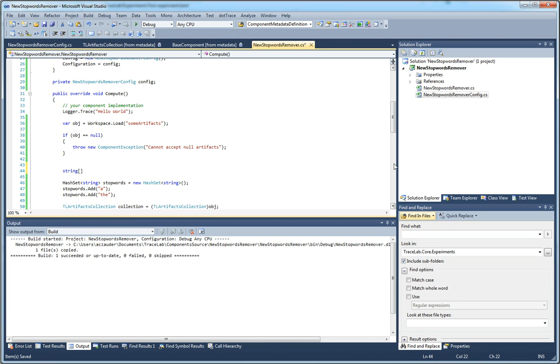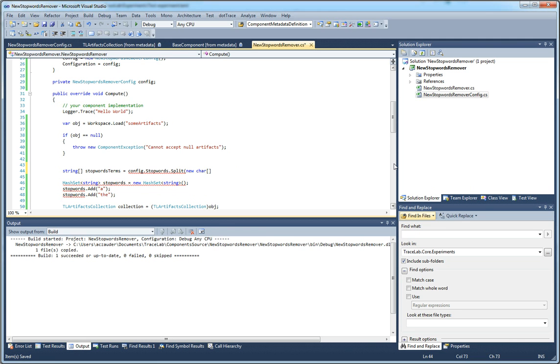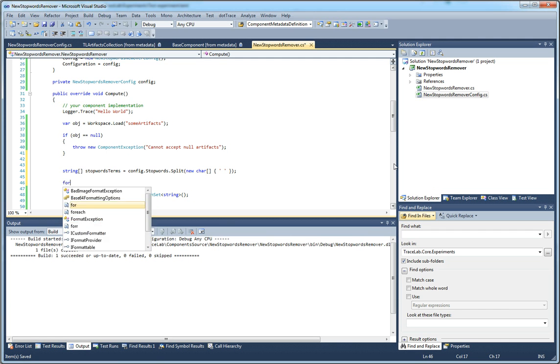Let's say stop words tokens or terms equals config stop words as a string, and we should have a split method here that takes the parameter of the char. So that would be new char. Yeah, I'm improvising in this moment, so I'm sorry for this. So hopefully I will not make any mistake. That should be right? So we have stop words terms,